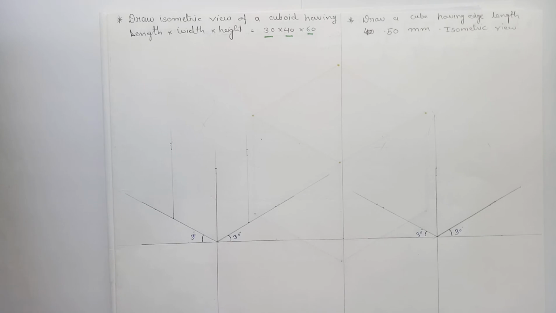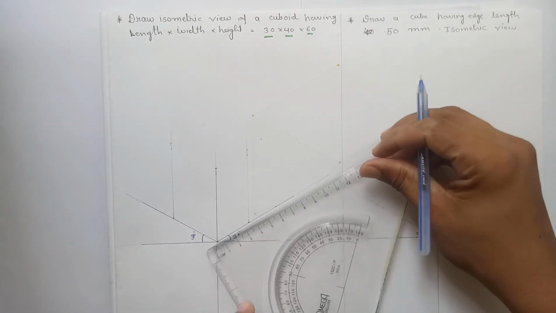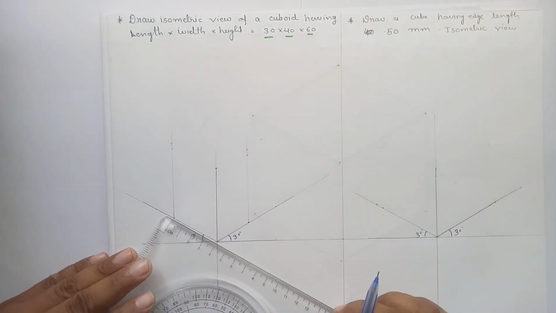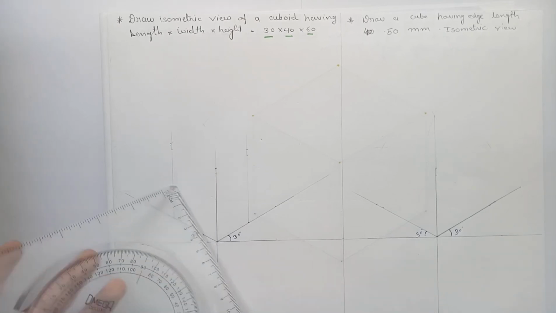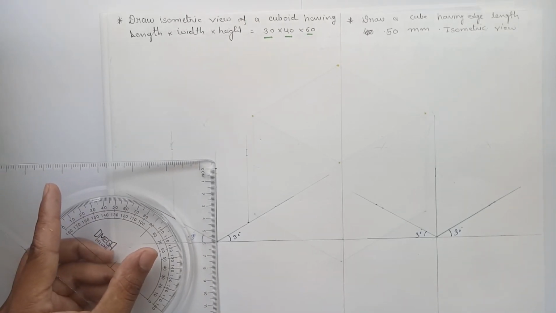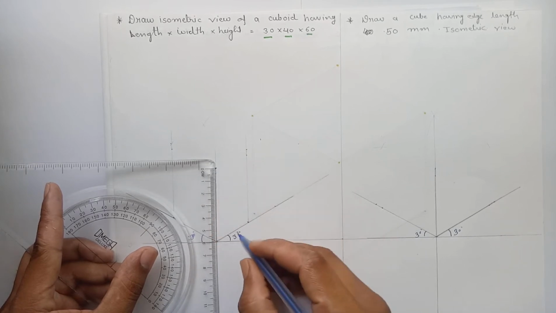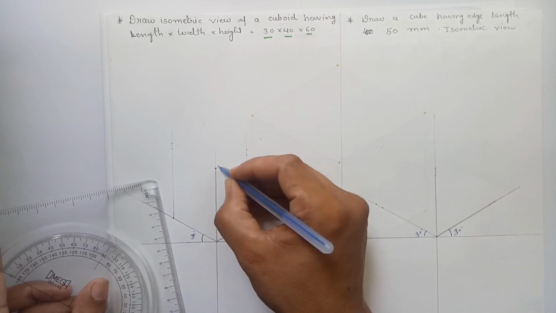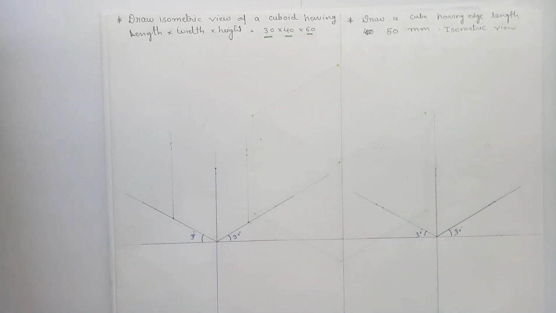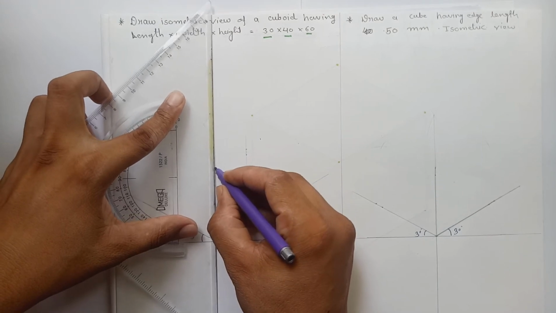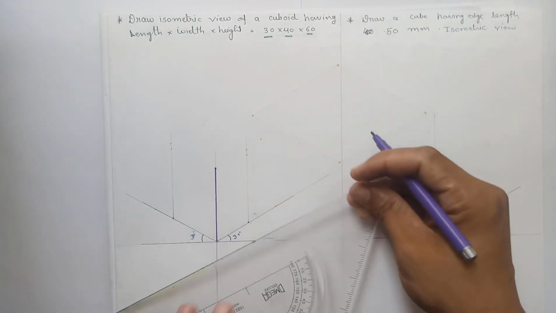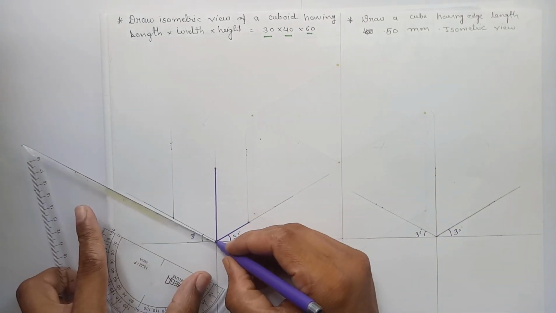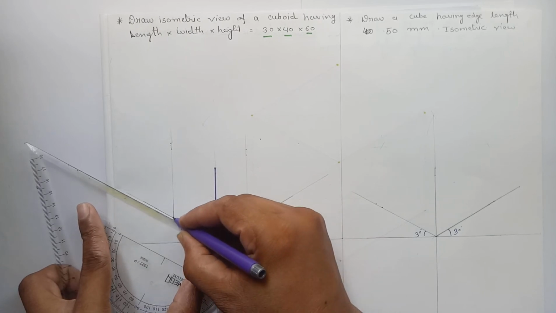Now measure the length 30 over here, 30 length, 40 width and 60 height. So here we have already marked the points of length 30, width 40 and height 60. First of all, complete this figure showing length, width and height of the cuboid. So this is the height of the cuboid, 60. This is the length of the cuboid, which is 30, and this is the width of the cuboid, which is